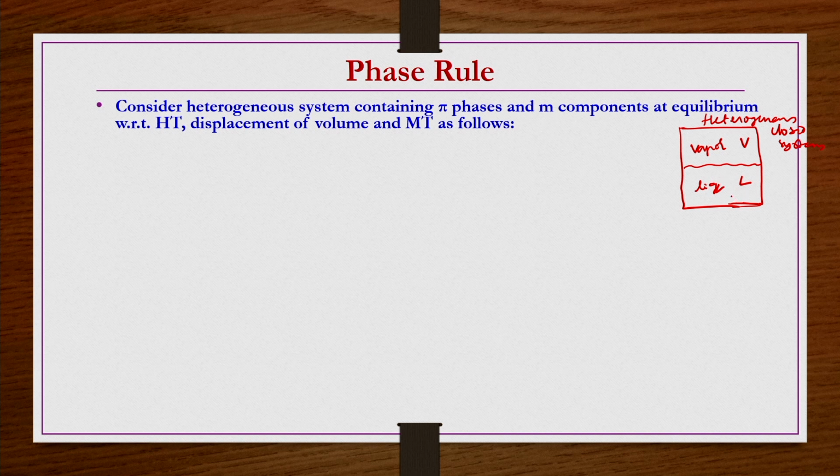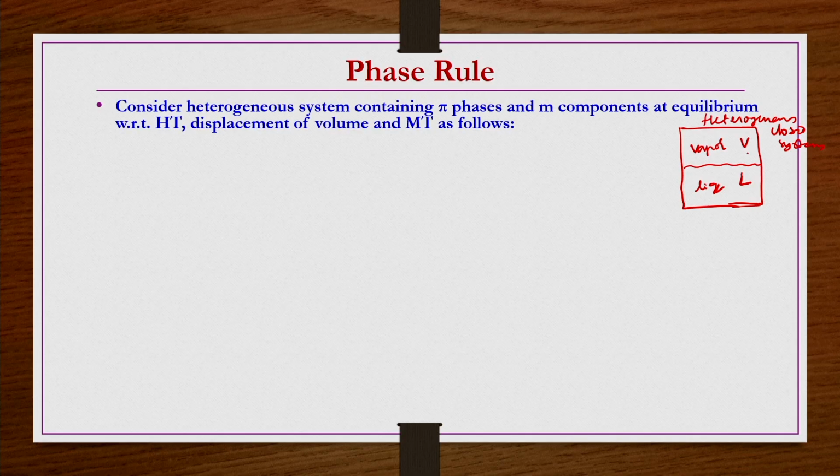Whatever this liquid phase is, we can take it as one single homogeneous phase. And then for the vapor, the properties, the density etc., within the vapor are again the same within that vapor phase, but they are different from the liquid phase. So, the vapor phase can be taken as a separate homogeneous phase.